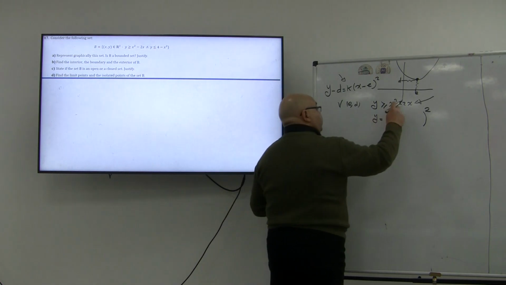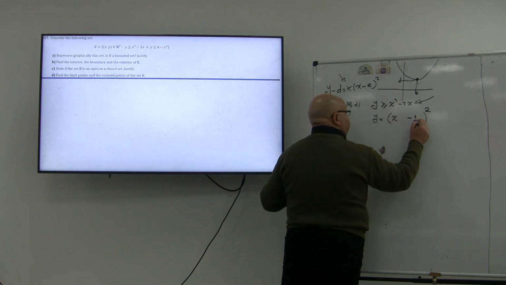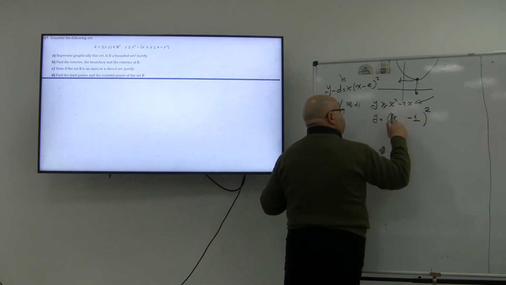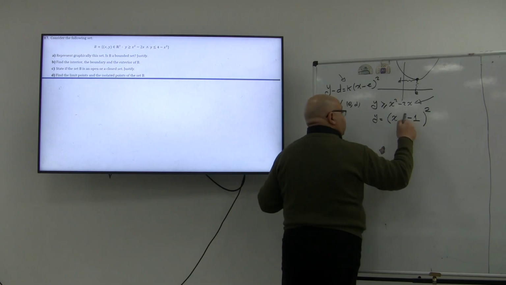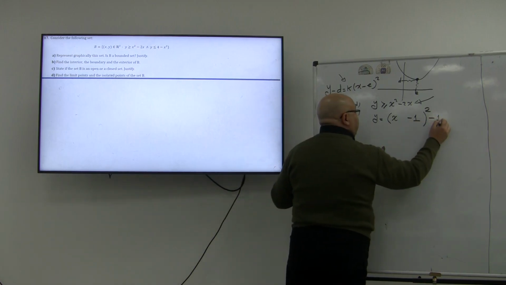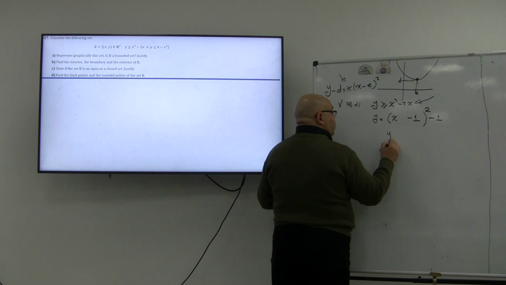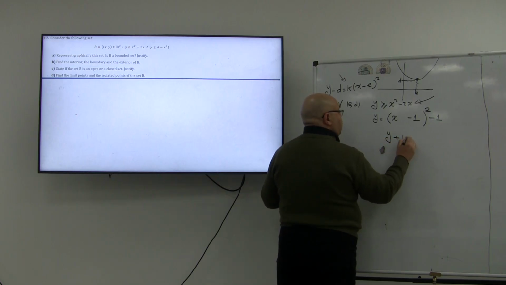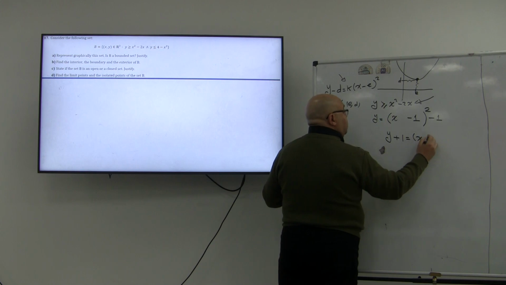So negative 2 divided by 2 is going to be negative 1. Then, once more, the first square is x squared. The first, second times 2 is going to be negative 2x. The last square is positive 1. So I will have to add negative 1. And so the general form will be y plus 1 equal to x minus 1